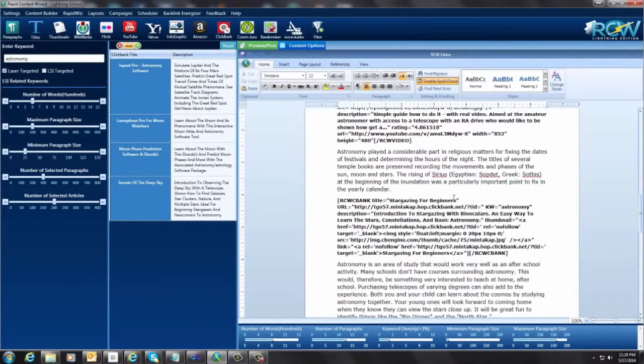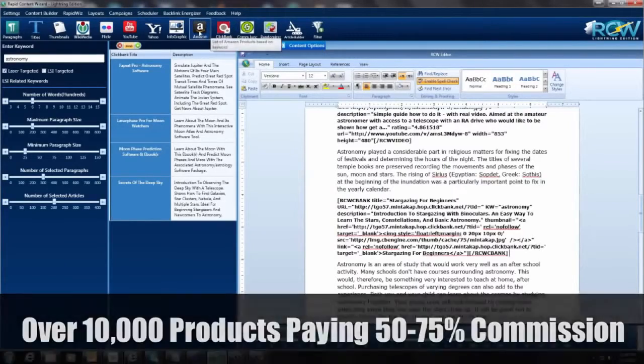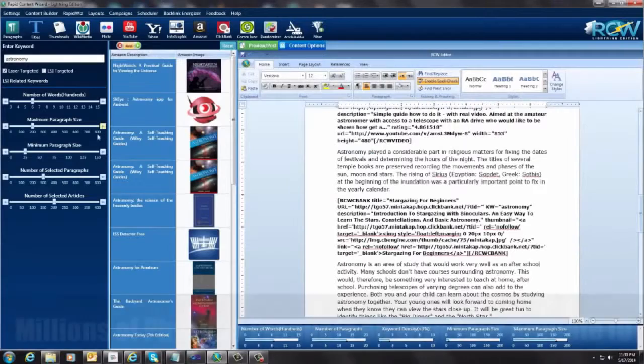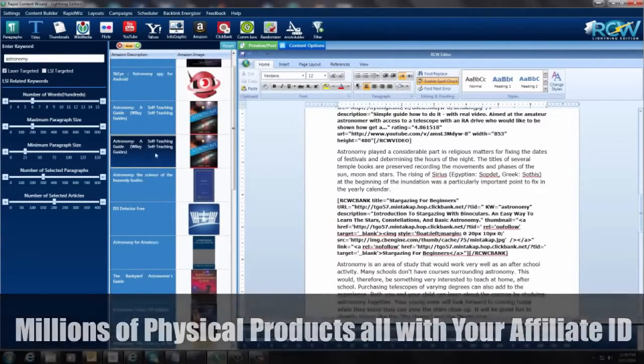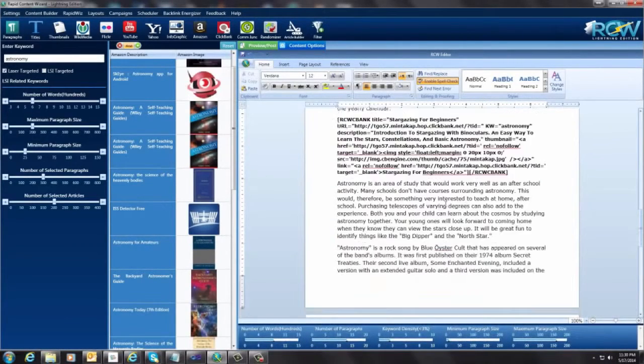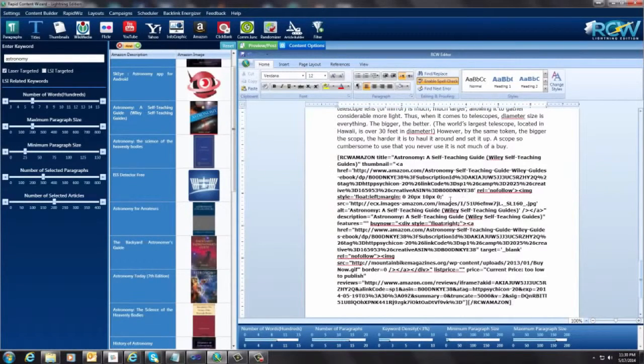And I put that in there. And now we have a ClickBank offer. And as well, I'm going to put an Amazon offer in here as well. Okie doke. And now we have all kinds of astronomy guides and things in here. Here's one, an astronomy guide. And I'm just going to stick this right on the end. And there we go. Okay.